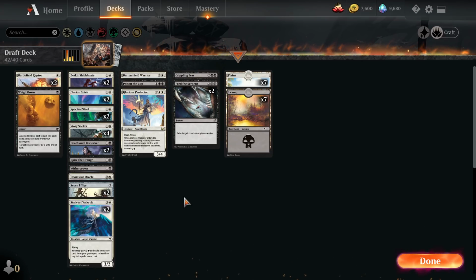Is Raise the Draugr too slow for this deck? I don't feel like it. I feel like that can just end the game at the end. That being said, Raise the Draugr is better the more high quality your creatures are, and our creatures aren't really super high quality. There's just a lot of them. If you want to think about it that way. So...